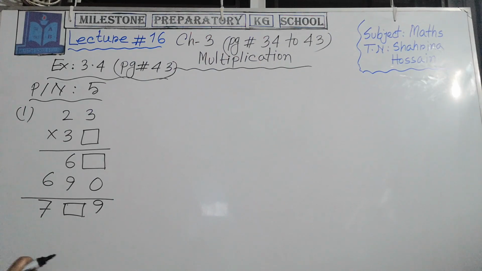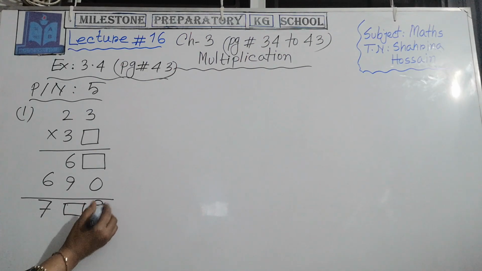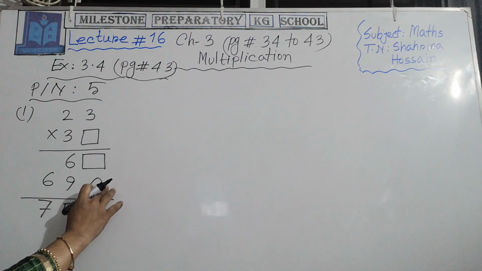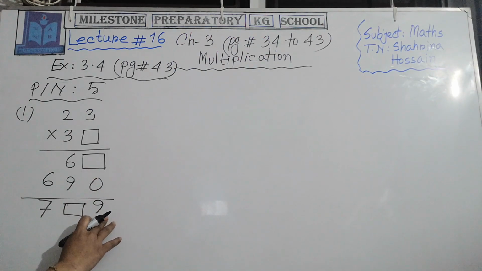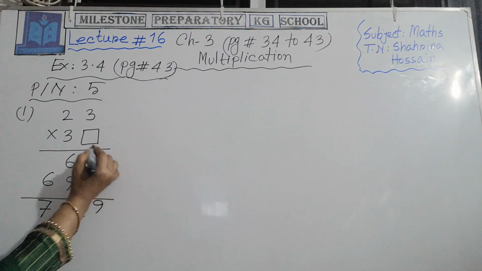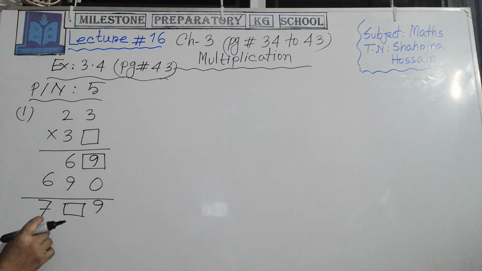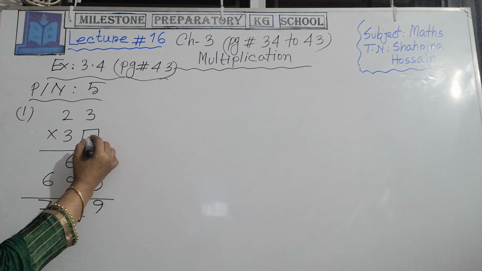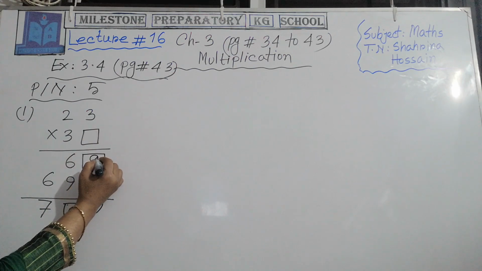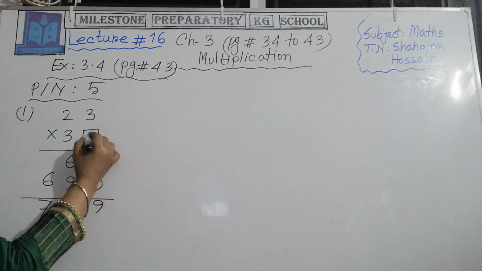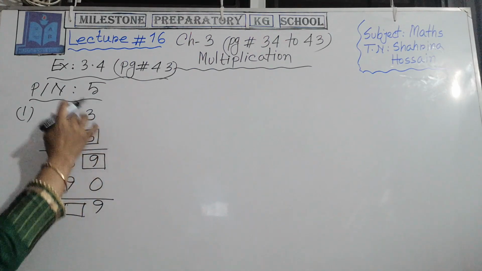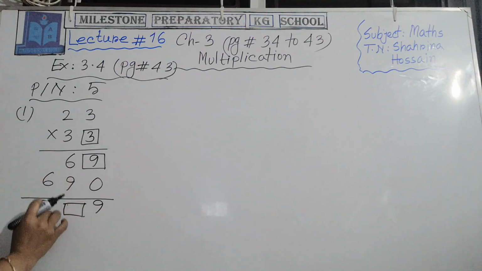See, at first if you observe that one carefully, the answer is 9 and here is the 0. That means when we add any number with 0, the same answer will come here. So that means the answer on that side is 9. Am I right? Now how can I make it 9? By which number do you multiply here to make the 9? Yes, you are right, absolutely right. There is the 3. 3 3s are 9. 3 2s are 6.